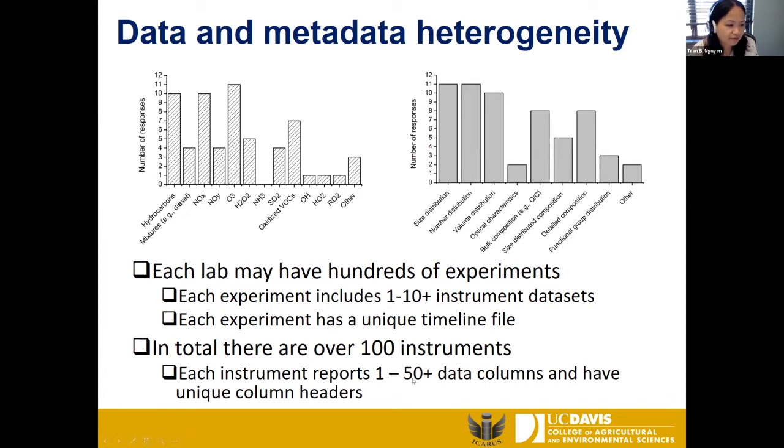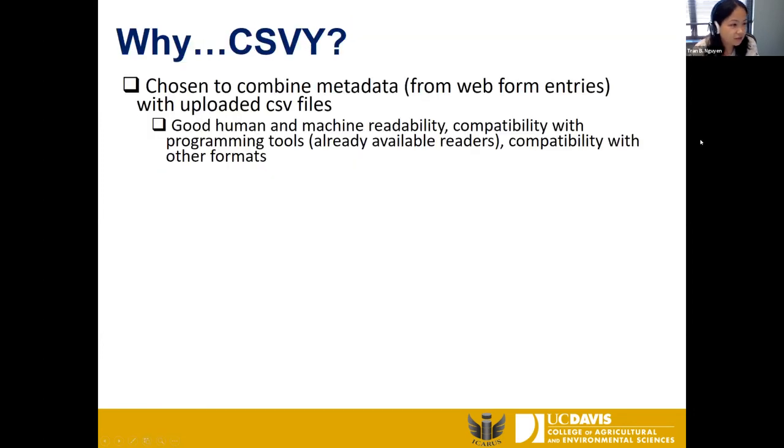And each one will have something like 1 to 50 data columns. So with all this, we have to figure out how best to manage the complexity, but also to make it intuitive and easy for everyone to use, right? That's the incentive for them to use this: it should be easy.